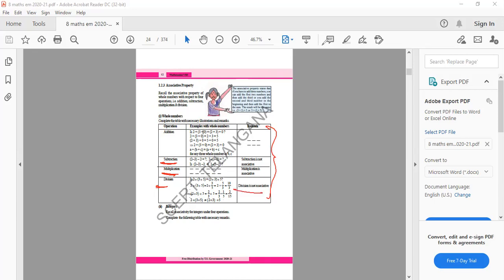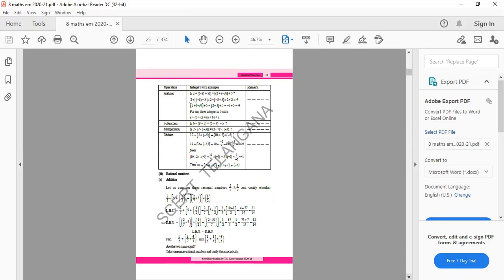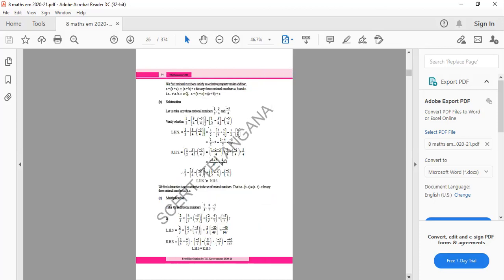Integers. They are telling generally that testing whole numbers, what about integers, and they'll go for other numbers. What are the properties? You need to check it out. I think you have to understand associative means like this. Commutative is over, associative is over. Now they are telling our major concentration is rational numbers. How they are going to work on that rational number. Yeah, that is our intention. Same case.